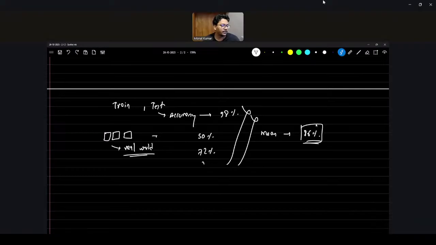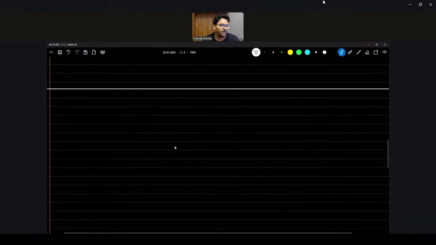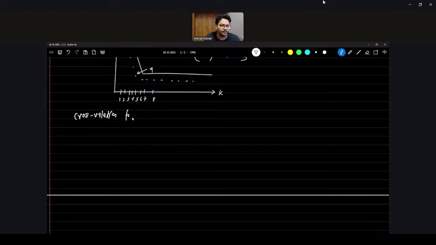Tell me, everyone. Using the same concept, now see what I am going to do. Using cross validation for the optimal value of k. So I am going to select k equals to 10. I'm talking about k fold. I'm going to select k fold value equals to 10. It means for a single data set,